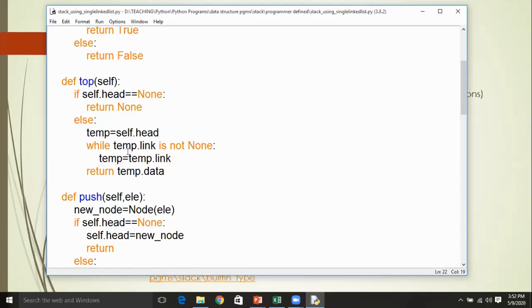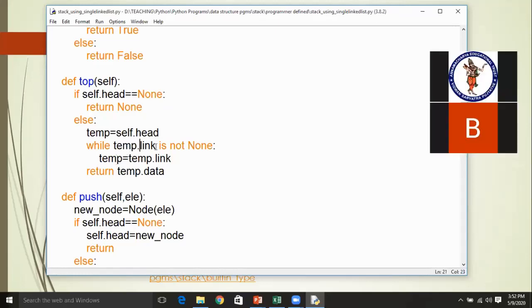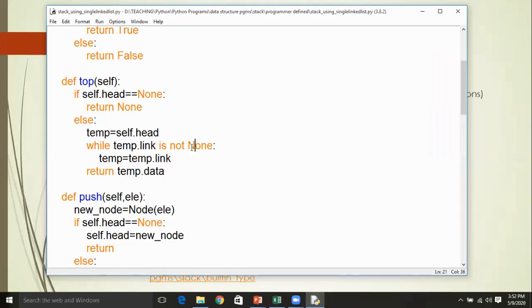Whenever you find temp.link as null, that means temp is a node which contains data, and that temp node is the last element in the stack. The last element in the stack is treated like the top. So its data is returned by this top method.